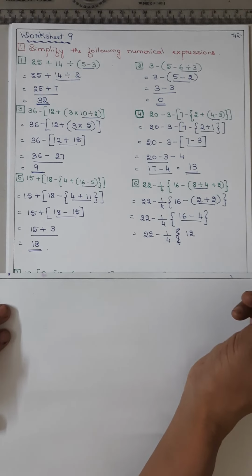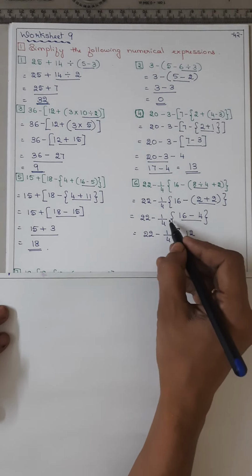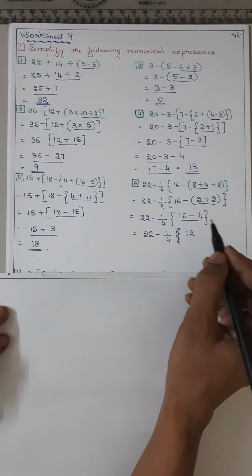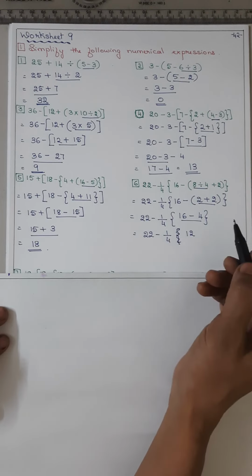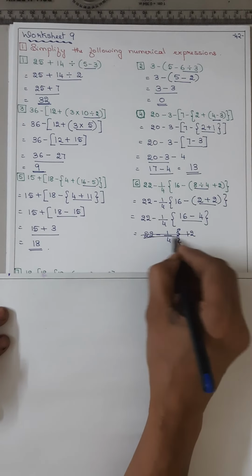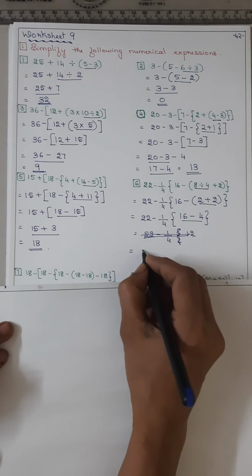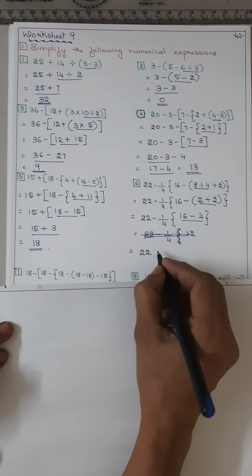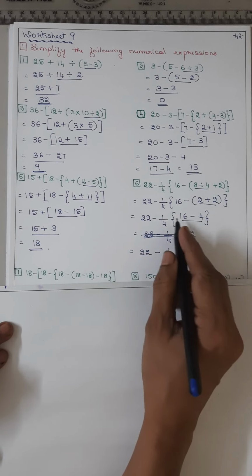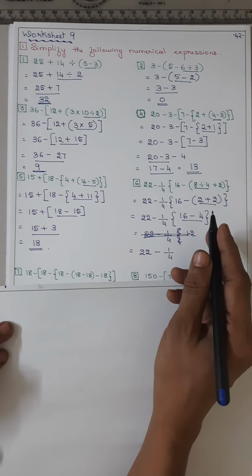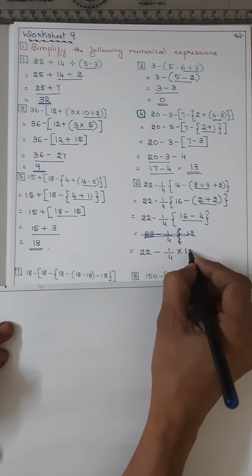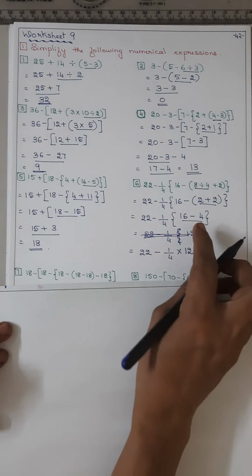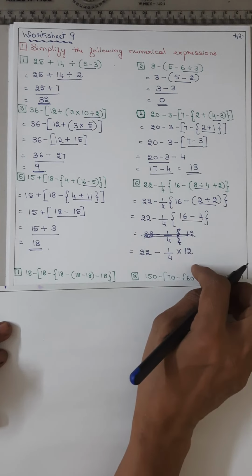Now the curly bracket will be removed, isn't it? But when removing the curly bracket, here there is nothing before it, no plus or minus. When there is no plus or minus and directly a bracket, that means it is a multiplication. So remember, I'll rewrite this, minus 1/4. When you remove this bracket, when there is no plus or minus, it means multiply by whatever you get as the answer.